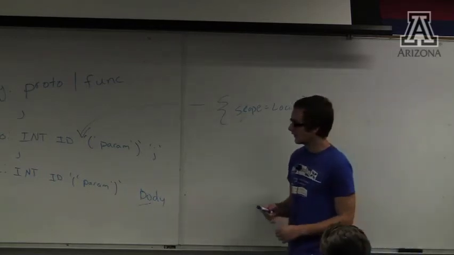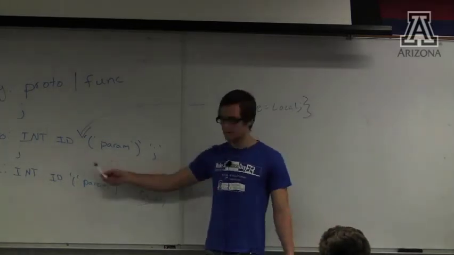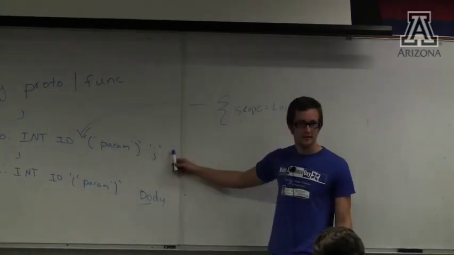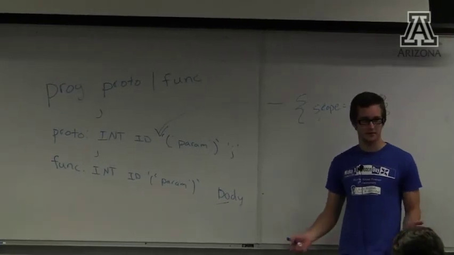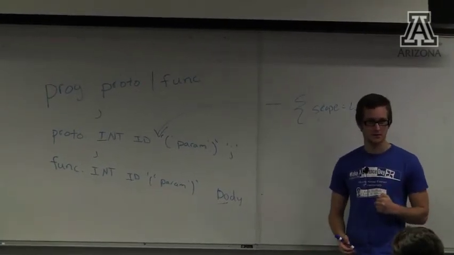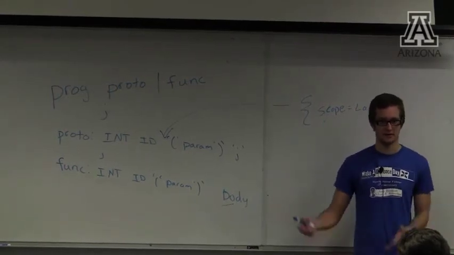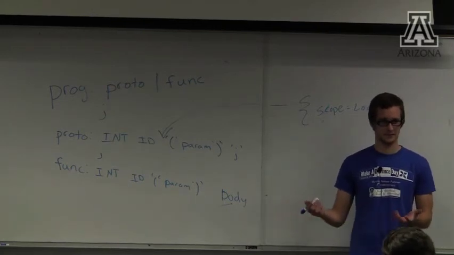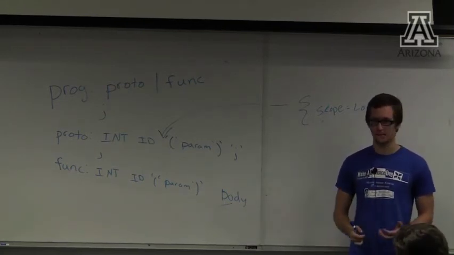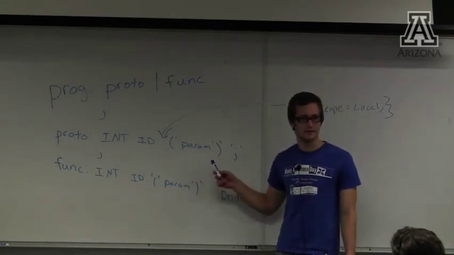So I told you that you could and couldn't put this here, right? Because you don't want to do it here. Because if you set it at the end of your prototype, after you've parsed everything, you're like, okay, now the scope is local, you've missed it. The whole time it was supposed to be local it was global, and now that you're out of the prototype or the function or something, now it's local, and that doesn't make sense. So you actually want to do it here. You need to have it here before you see the parameters, right?